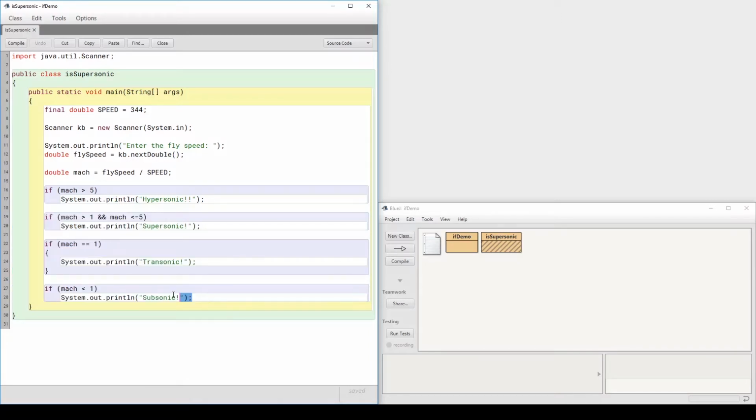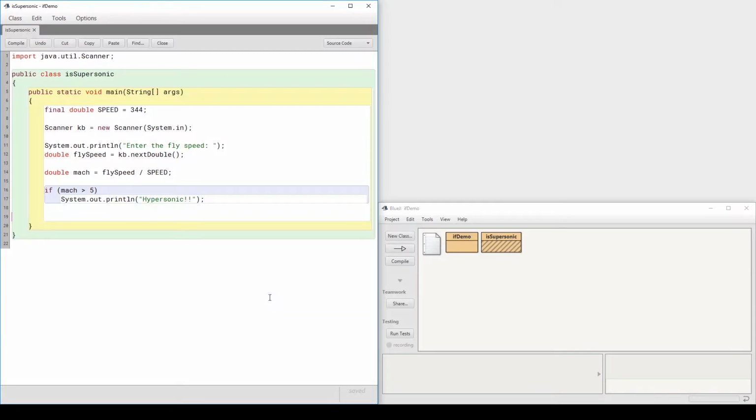Now, there is the if else structure, which if we want to limit that or keep that classification simple, I could ask if MAC is greater than 5, it's hypersonic, or I could, for example, make it greater than 1, and then I say it's hypersonic or supersonic. And then I could go and say in the else clause of that if statement, and notice here that with the auto indentation, Java is going to align this else with that if. In the else clause, I'm going to say